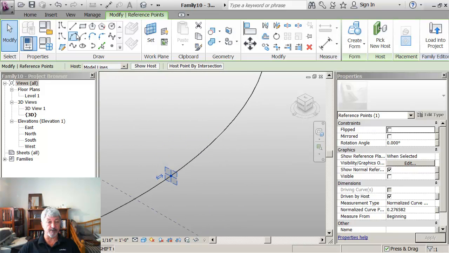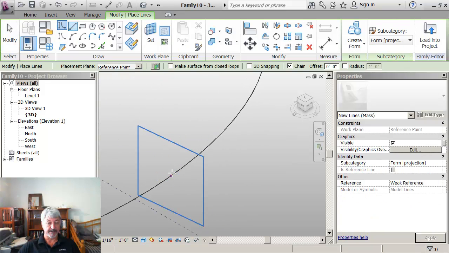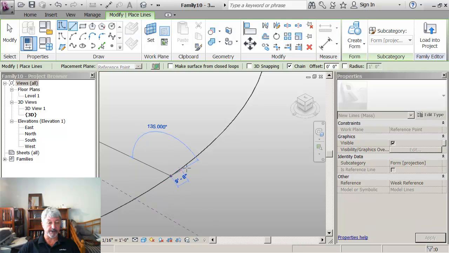So what I'm going to do is go back to the line command here. I'm picking on the origin of that plane. I'm pointing straight up and saying, well, 3 feet up, and then at 90 degrees I'm saying maybe 6 feet back. And oops, let's do 3 feet up and 6 feet back and 3 feet up,